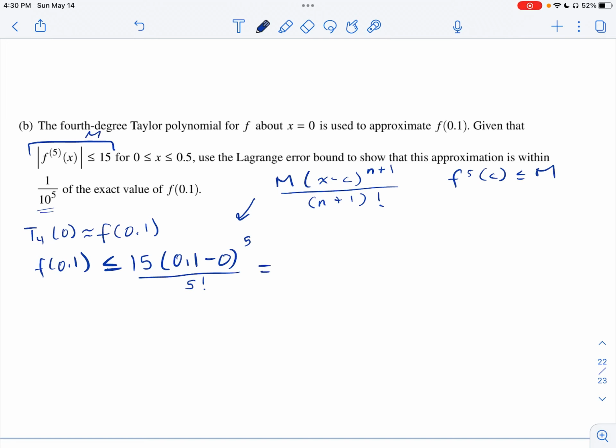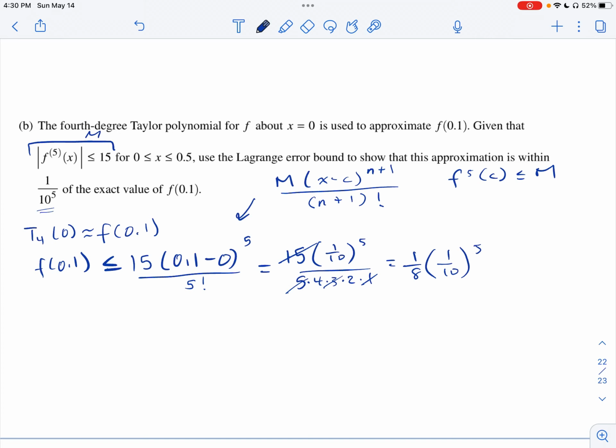And so if I clean this up a little bit, I've got 15 over... I'm going to write 0.1 as 1 over 10 now, because that's going to be useful to numerically compare. 5 times 4 times 3 times 2 times 1, and I can see that the 15 can be divided out with that 5, 3, and 1. And so if I numerically rewrite this as 1 over 8 times 1 over 10 to the fifth power,